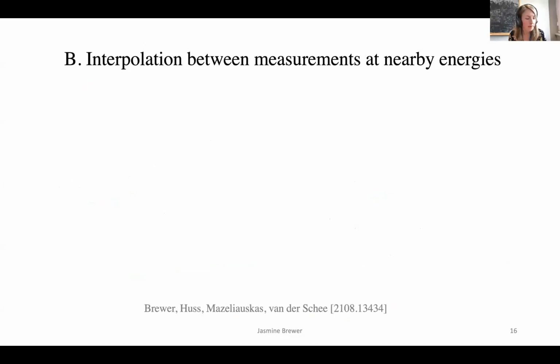Okay, nice. So now I'll talk about this alternative approach instead of pQCD: interpolation of measured data at nearby energies. For example, in the proton-lead pilot run, interpolation is what was used to construct pp references for the proton-lead measurement. So this is a technique which has been pursued in the past, but we try to go a bit further in studying the uncertainties of this approach.